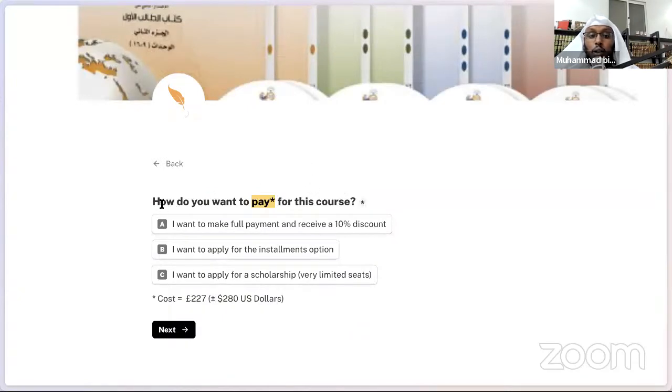If you go for premium cohort, it's going to ask you how you want to pay for the course. There are 3 options. You can make the full payment and you'll receive a 10% discount. Or you can apply for an installment option, which I can't guarantee, but we'll send you some sort of payment plan to help you. We preferably don't offer installments, mainly because if you sign up and we reserve you a seat, and you're paying in installments, and then after 2 or 3 weeks you pull out of the course, now we're in trouble, because that seat is gone. That's why we charge upfront, so that we can reserve the number of teachers we need for the workshop and plan ahead. But nevertheless, if somebody is struggling and can't pay, we do offer the installment option on a case by case basis. Or if you can't afford the cost at all, which is £227, like we said,